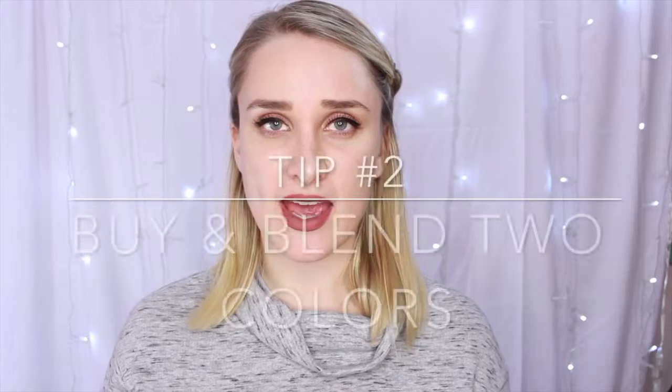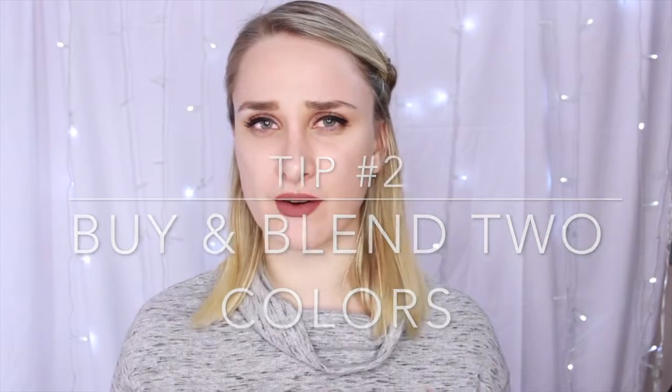Another trick is to buy 2 foundations. I know that this is hard when it's a higher end brand, and I can't even afford to do this most of the time, and I just have to take my best guess. But if you buy 2 shades that are similar, or 2 shades that you know you could mix together and create your own custom color, this will help you tremendously when picking out foundation,